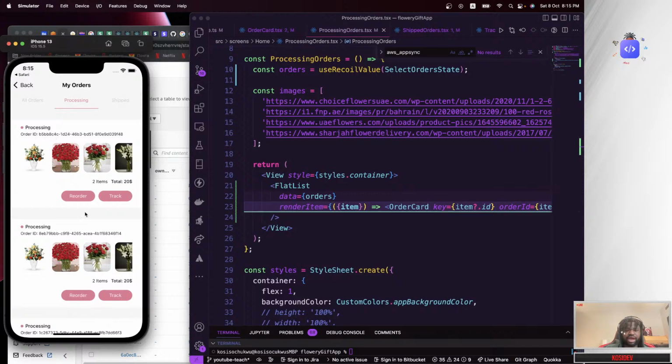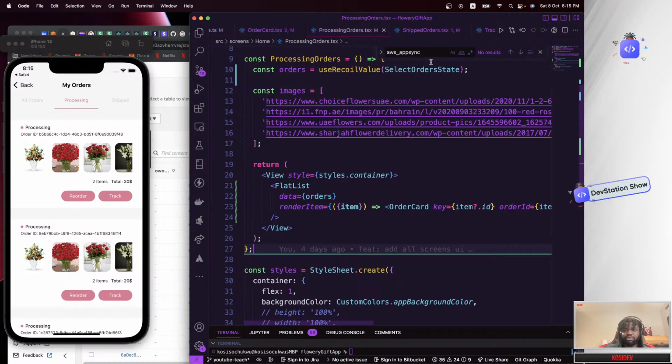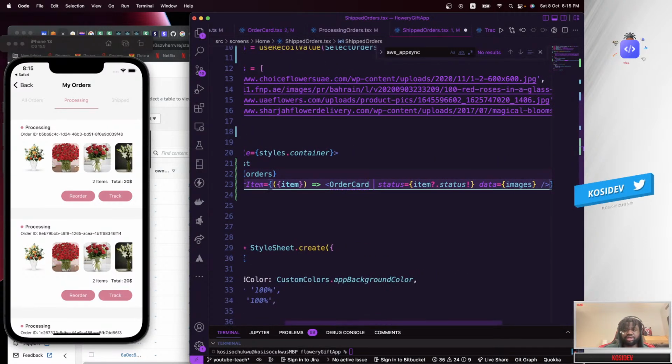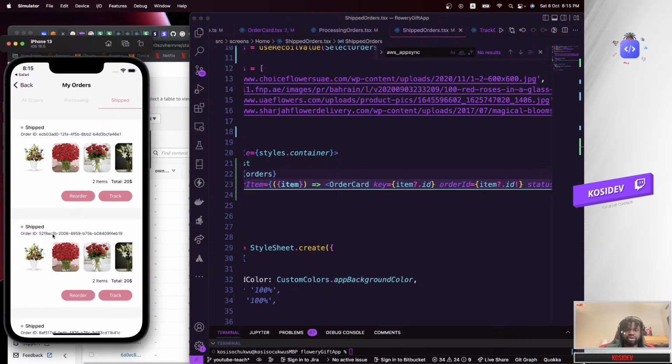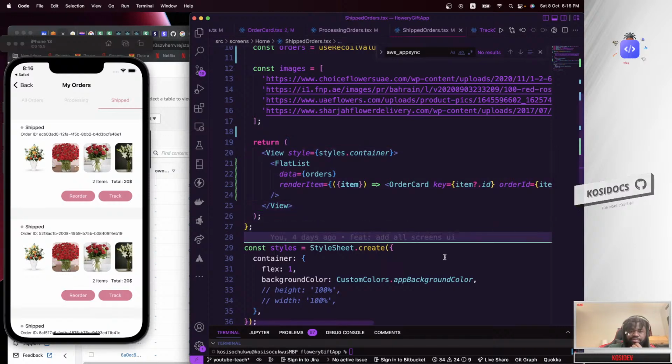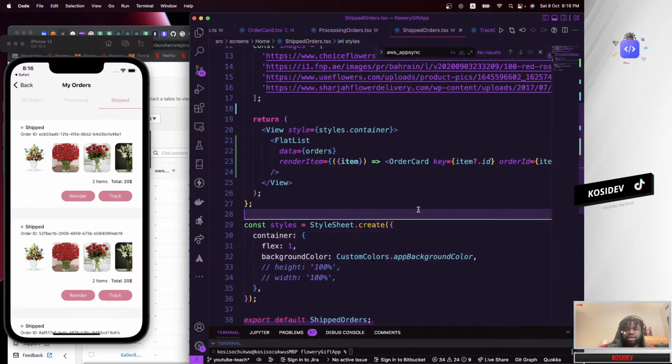Now it has order ID showing up, and the last place to add the changes will be shipped orders. Inside the shipped orders, we also add that. Now if you head over to the shipped orders, you see now it has order ID. So let's see what else we need to change. So items count, see this says 2 items, this says total $20. So we need to fix the 2 items and the total, since we need both of them. So we need to find a way to be able to do that.